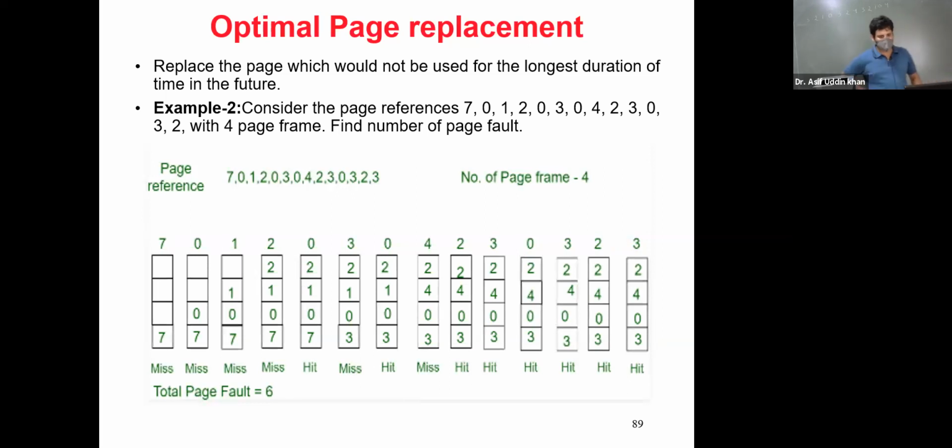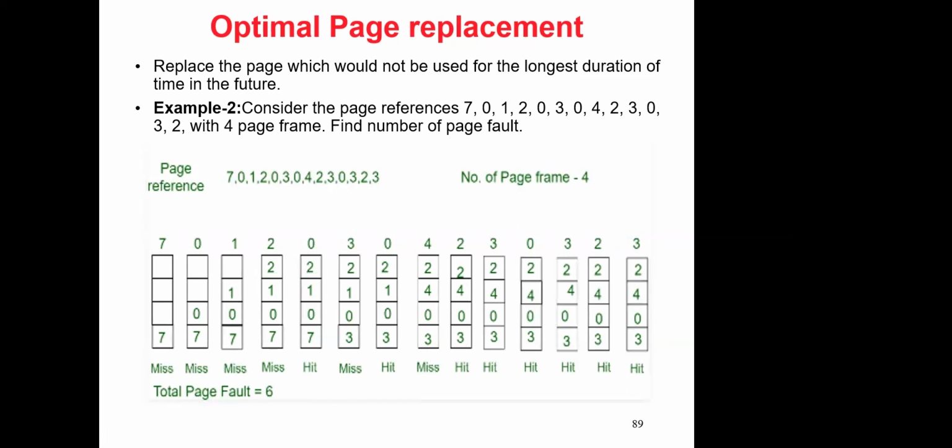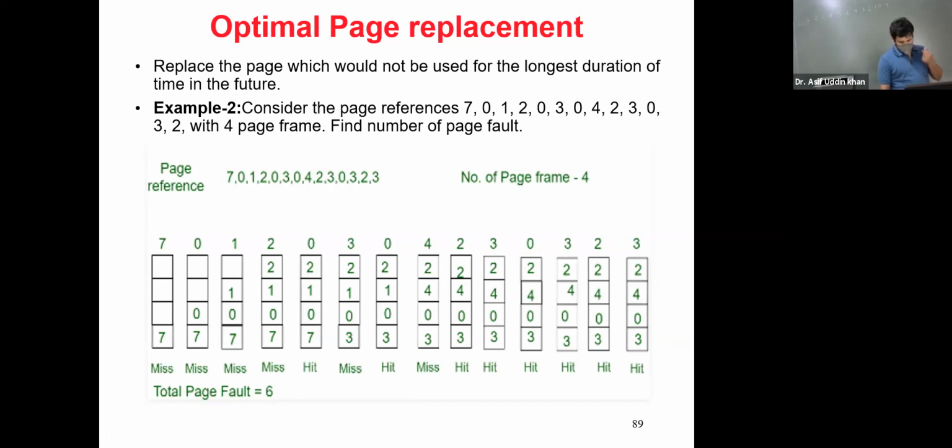Okay, so any question? Sir, how is it implemented by the computer? Before knowing which pages will come, how can we do it? See, we know that there is a concept of the principle of locality. Yes or no? In the principle of locality, we know that there are two methods. One is temporal locality, the other one is spatial locality.